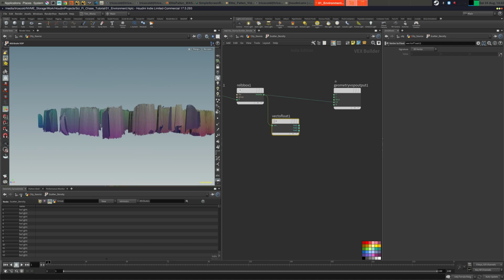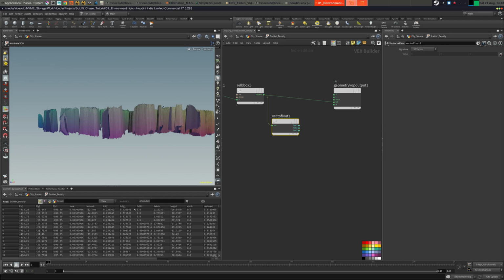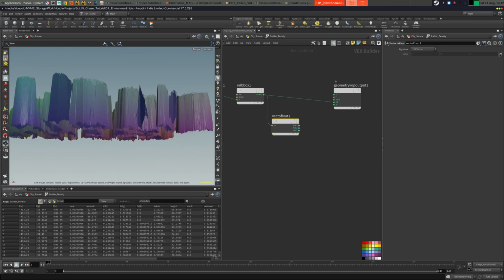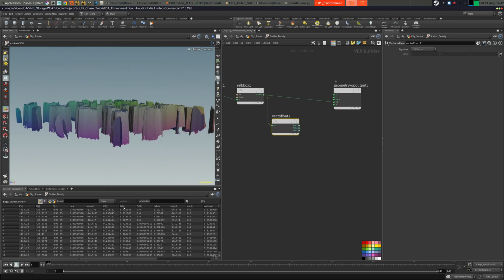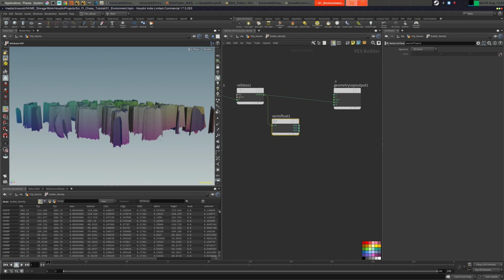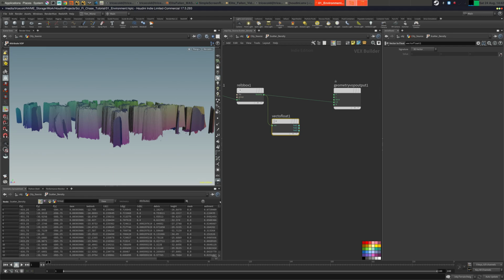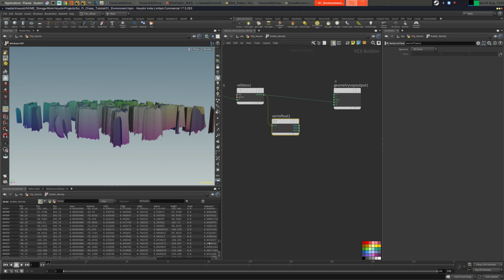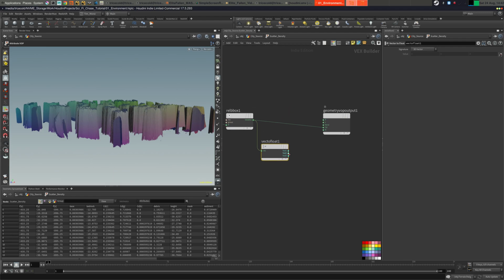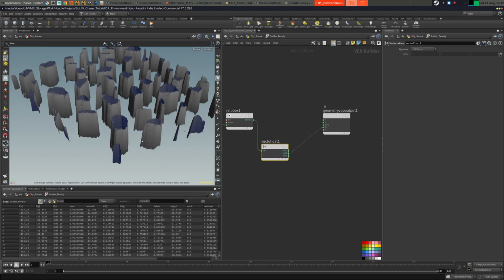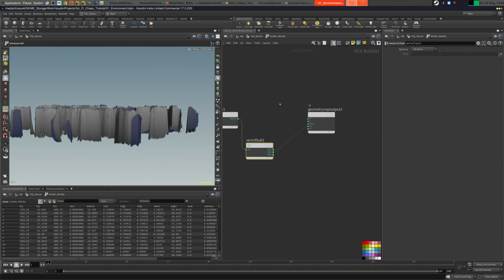If I plug this into the CD, it's gonna give me a ramp, right? So this is literally the relative height of the point on the Y axis. So if I go like that, it's gonna give me something similar. Now I want to be able to ramp this, so let's change it. So this is 0 to 1 already. So if I go ramp,